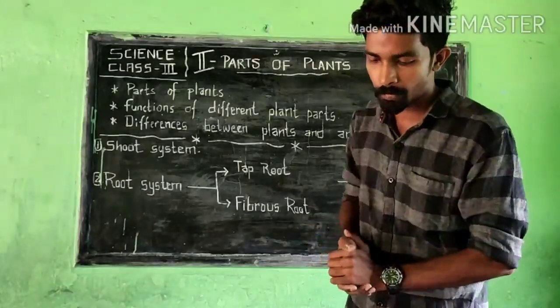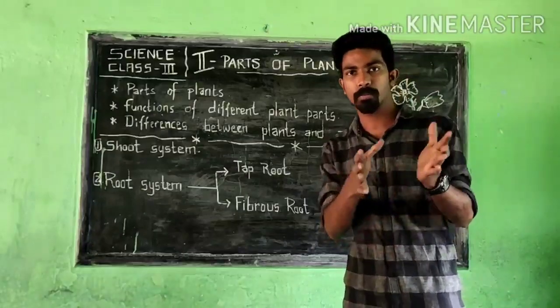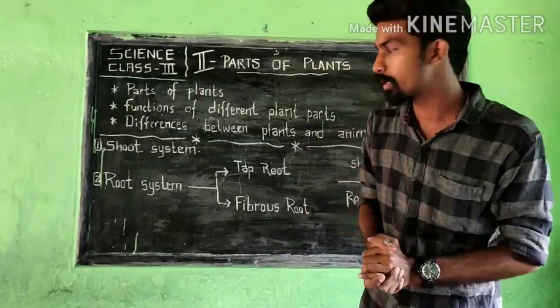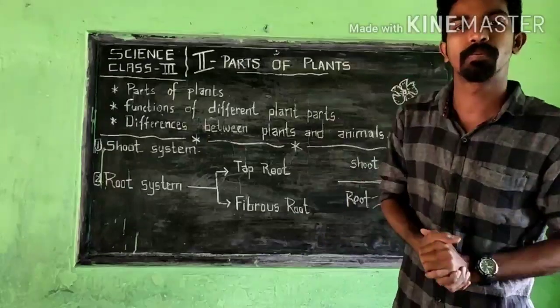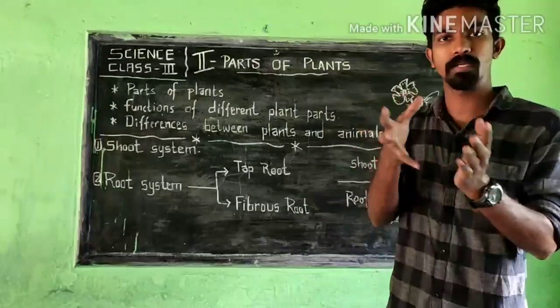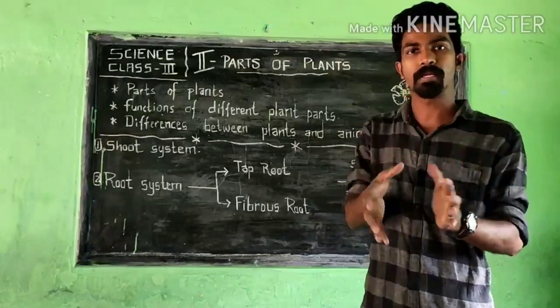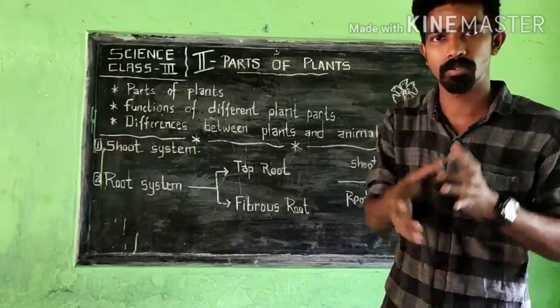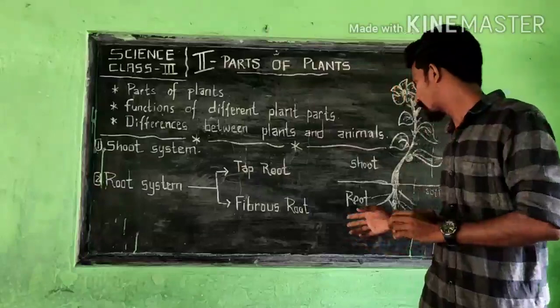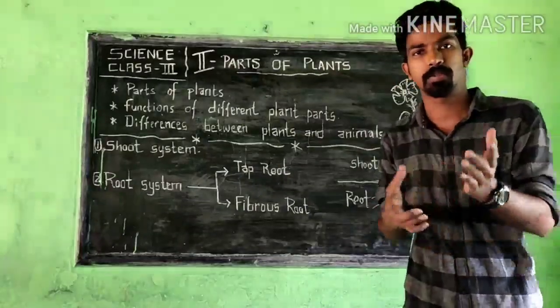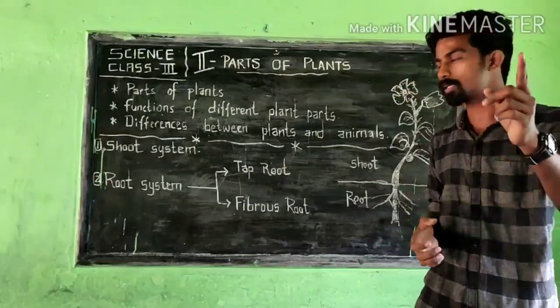Moving to the second one, it also holds the soil and prevents soil erosion. Roots help prevent soil erosion. मिट्टी जो बारिश, ज़्यादा बारिश आएगा तो क्या होगा? If plants were not there, soil erosion would happen. So because of these roots, what happens? They help us prevent soil erosion. That is the second point.